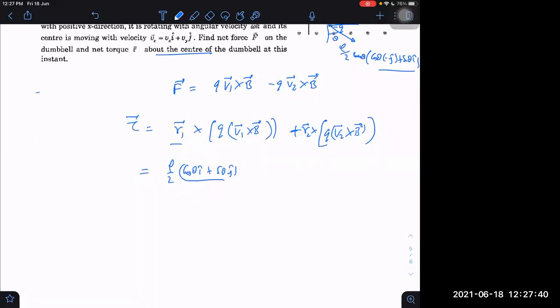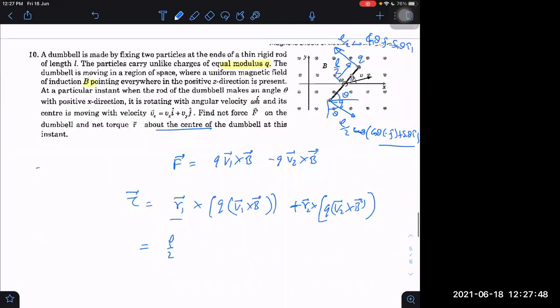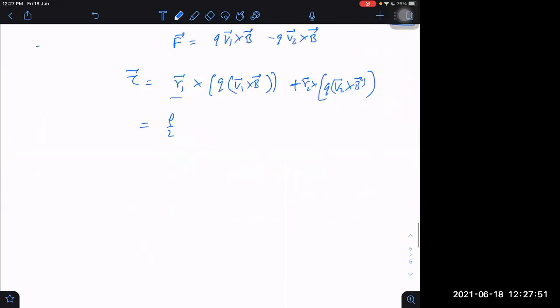Somewhat lengthy, but we can do it easily if we split it wisely into components properly, and we can get it easily. I think it will not be that lengthy. So this I can write as VC plus... Sir, the answer is also very simple. The answer will be simple only at last.